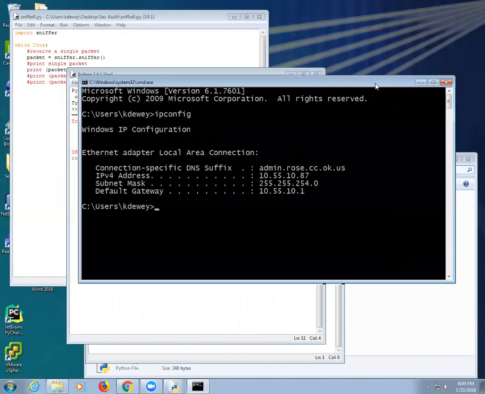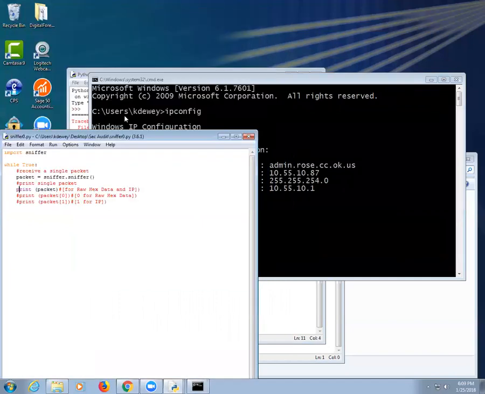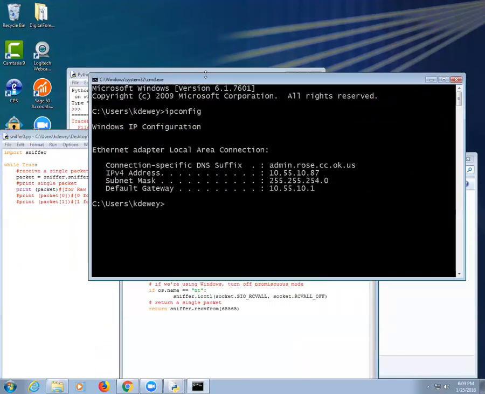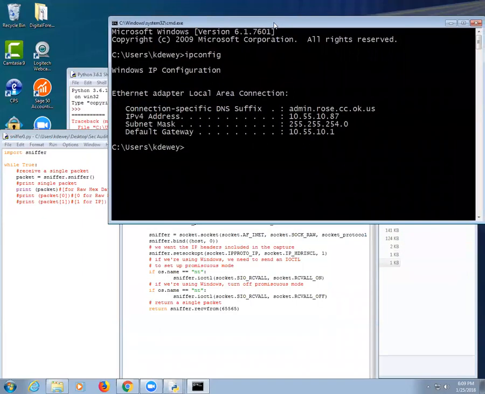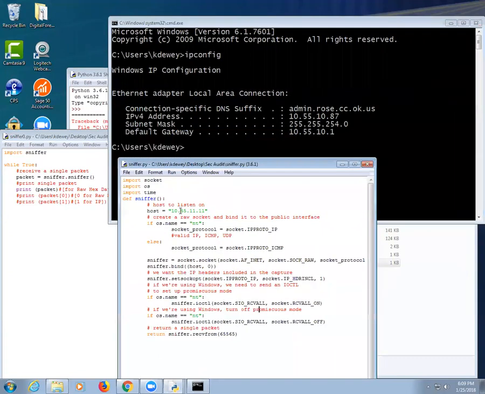Okay? So I'm going to go over here to the other. Where's the other one? Darn it. It's right behind it. There it is. You need to go in here and change this. Probably should have added that as an argument to pass to it, but change it. It's in sniffer.py. You're going to have to edit this one line, 10.55.10.1. See that line right there where it says host? Okay. Just change this line right here